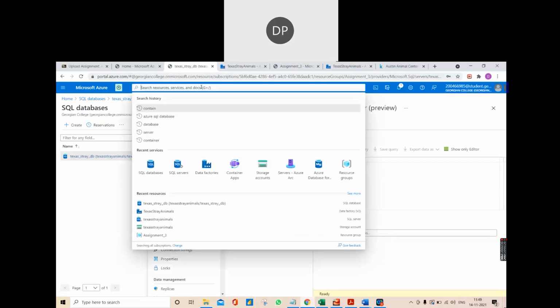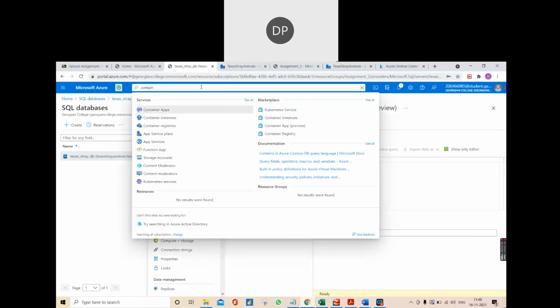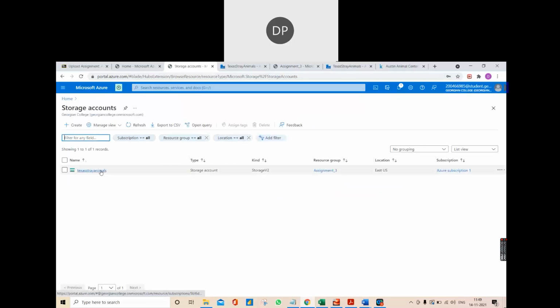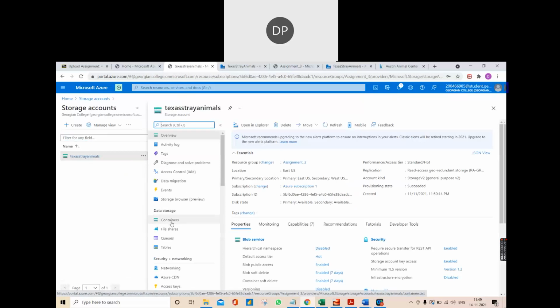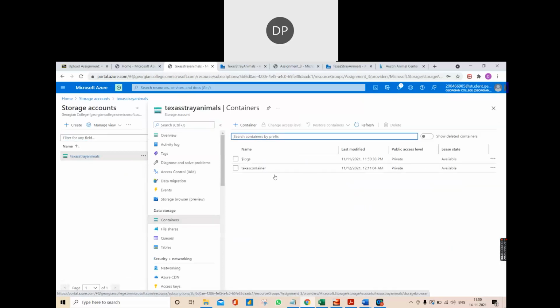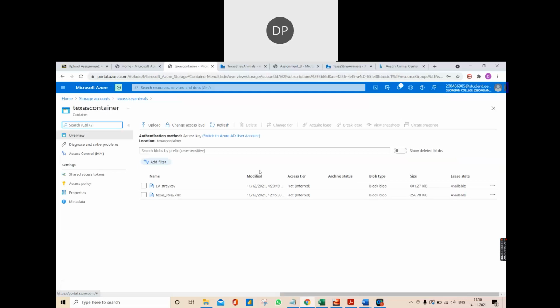Moving further, we'll show you the storage account, that is Texas stray animals. Under the storage account, we created a container to store our CSV file. As you can see, the Texas container is the container name. Under that, we have uploaded our file, Texas_stray.